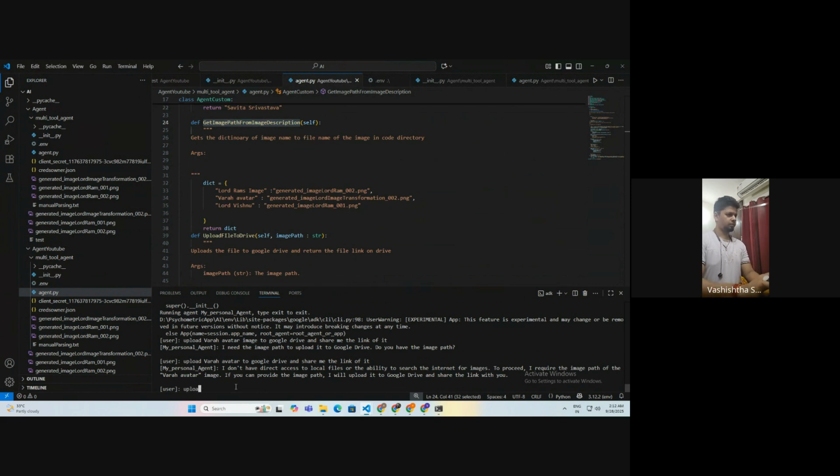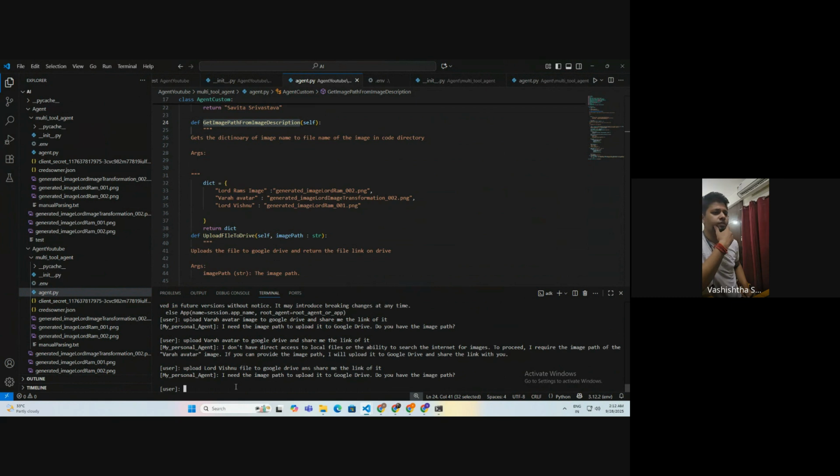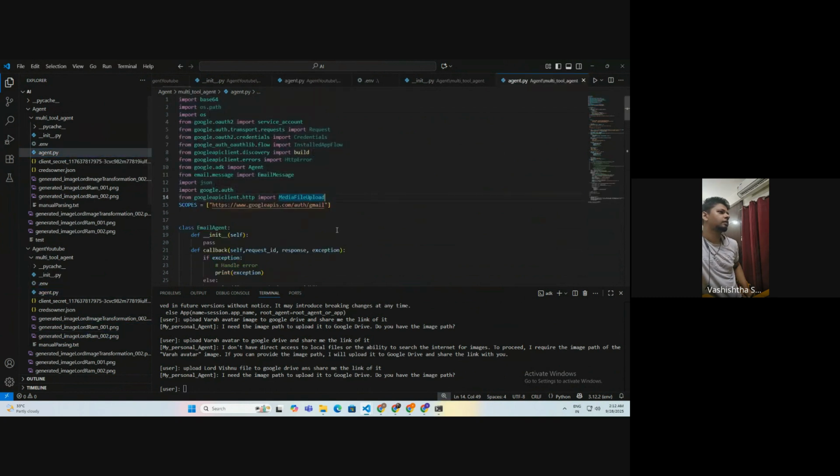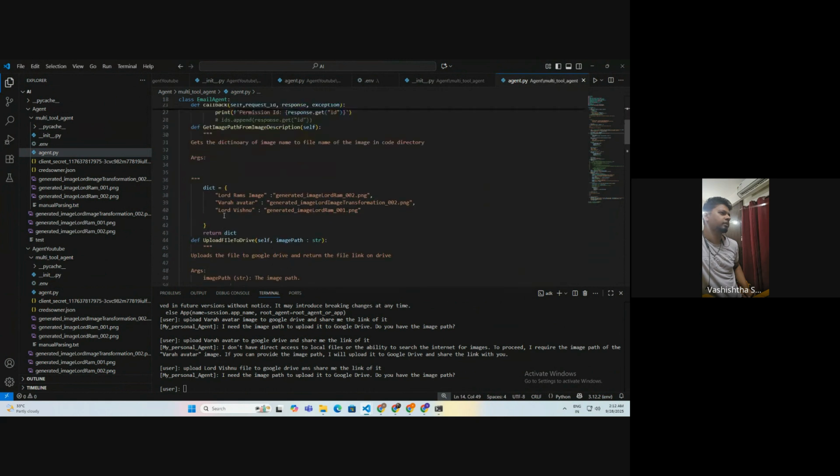Okay, upload and share me the link of it. I need the image form. Hmm. Let me just see if I made a mistake in copy pasting something.